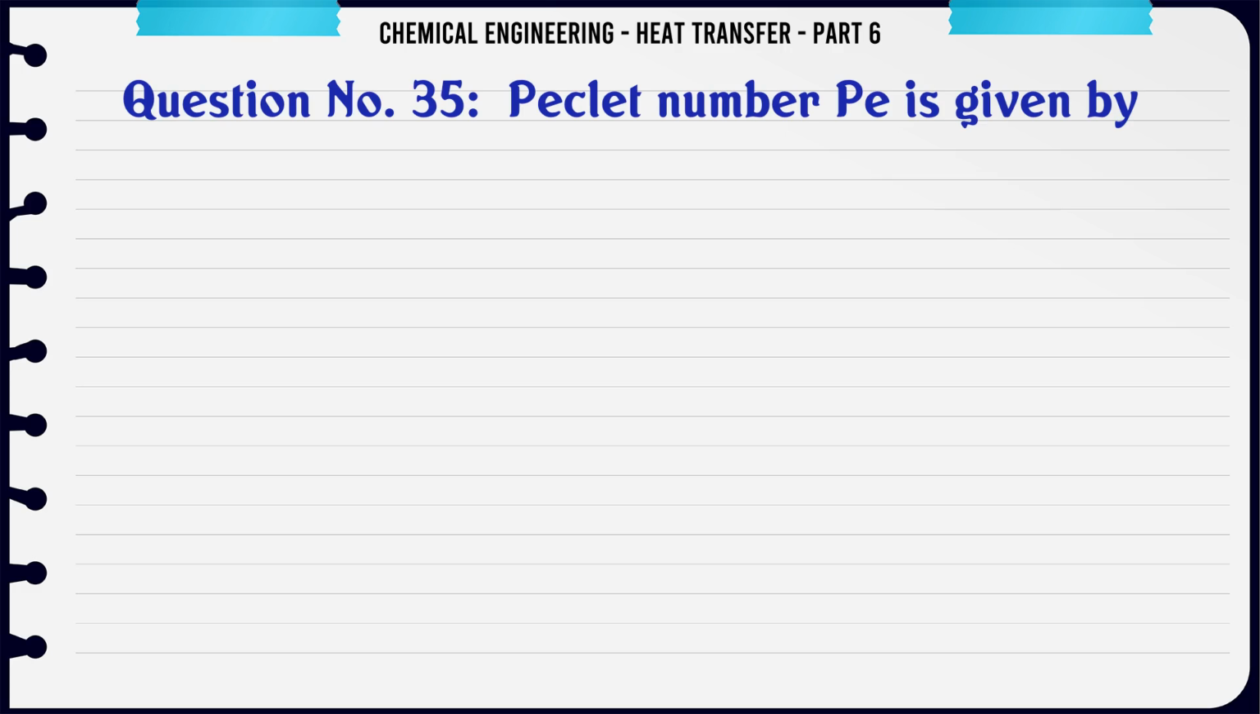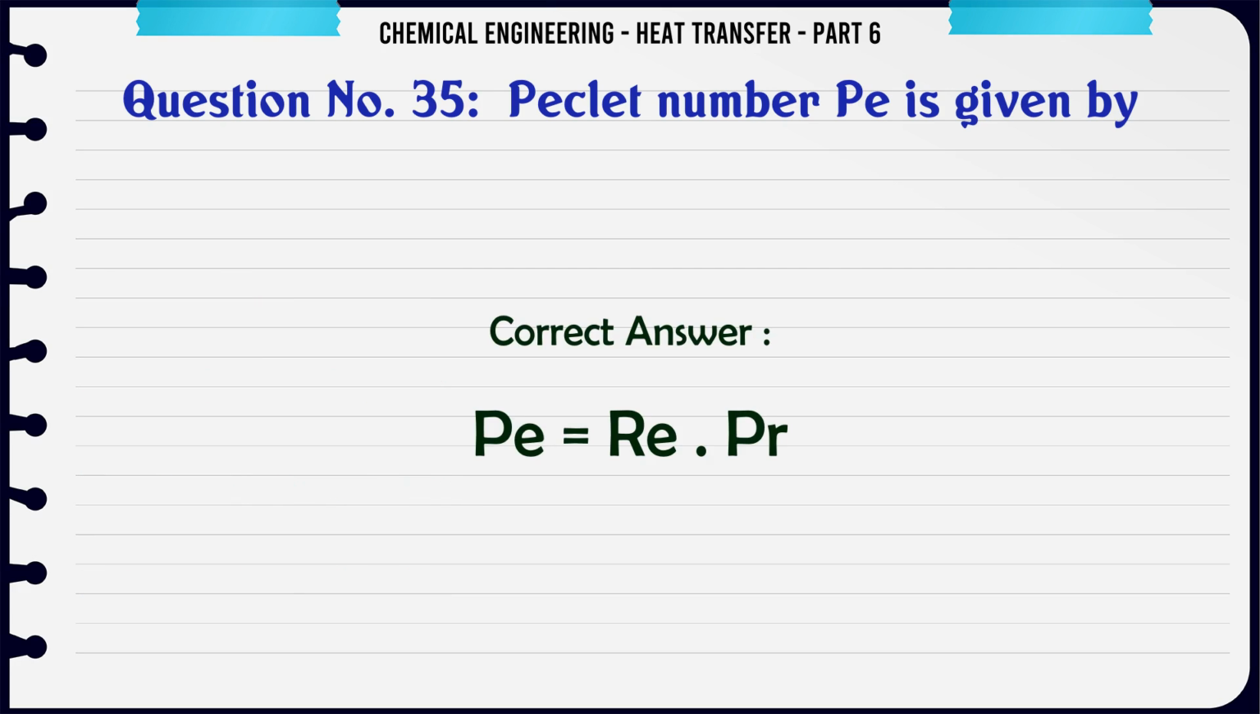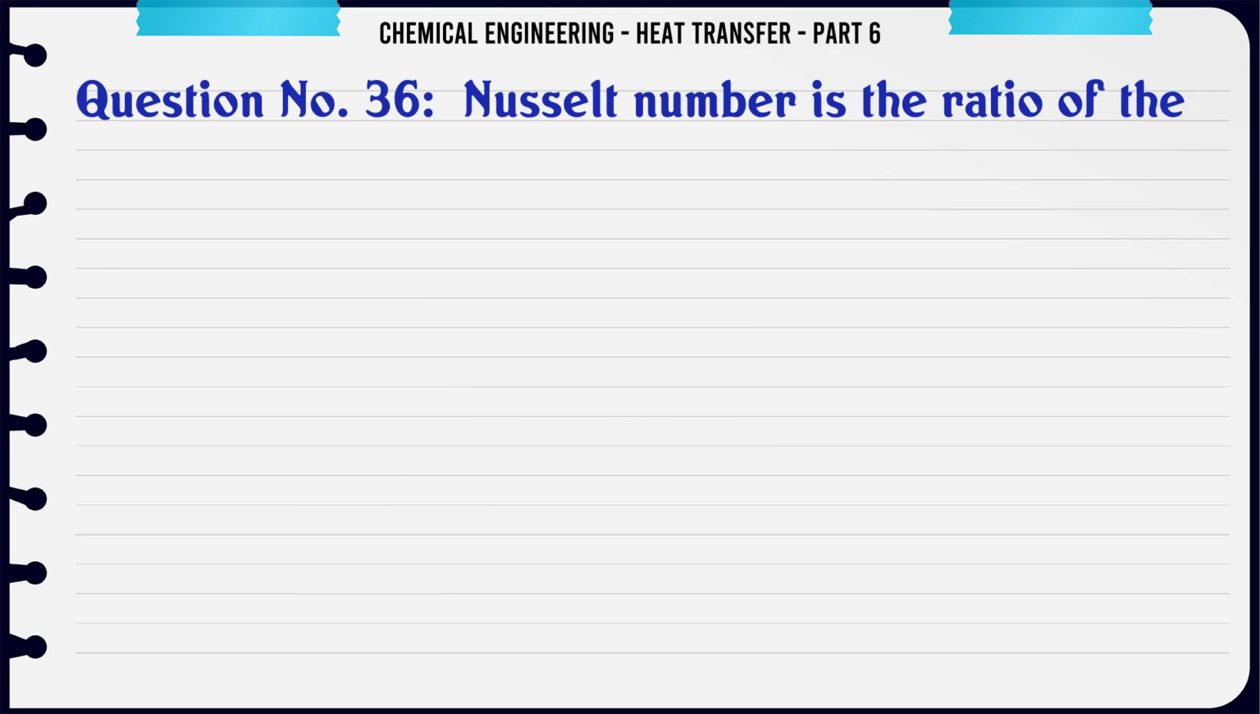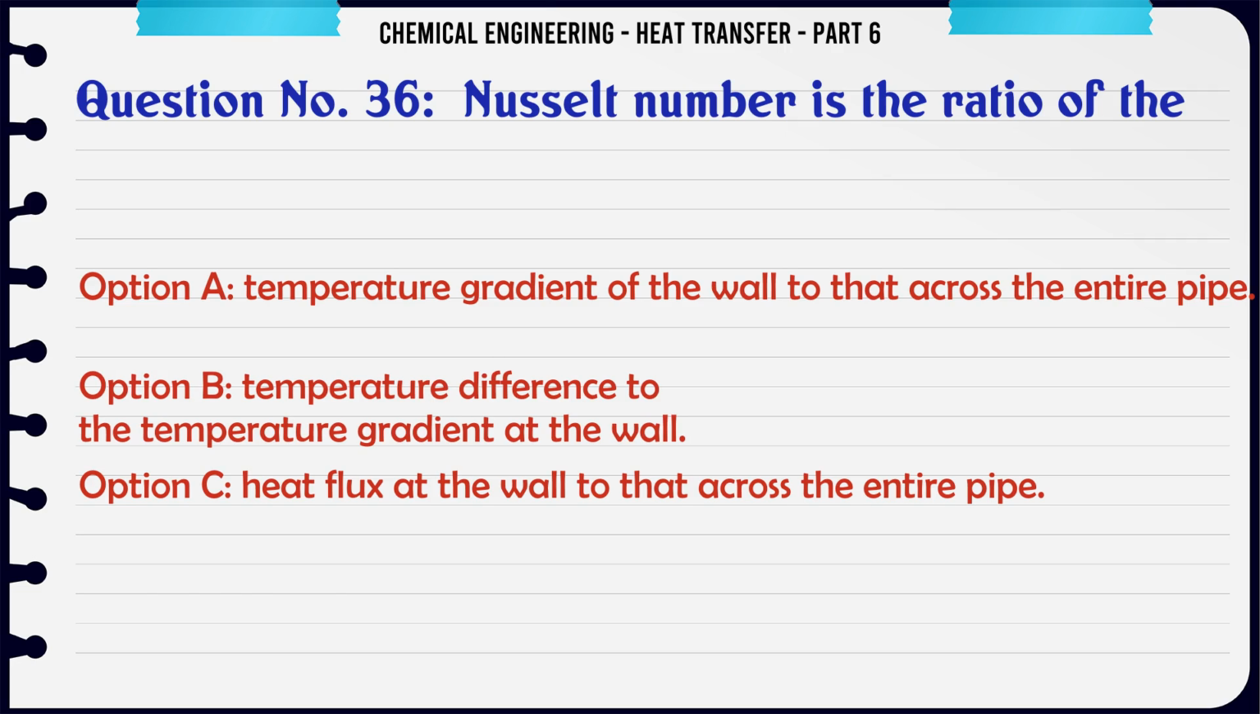Peclet number Pe is given by A Pe = Re/Pr, B Pe = Re·Pr, C Pe = Pr/Re, D Pe = Nu/Re. The correct answer is Pe = Re·Pr. Nusselt number is the ratio of the A temperature gradient of the wall to that across the entire pipe, B temperature difference to the temperature gradient at the wall, C